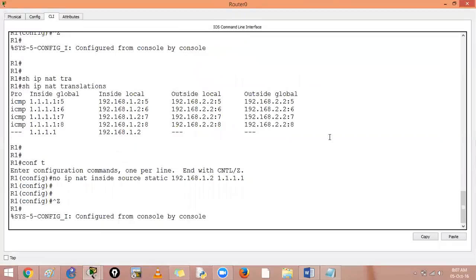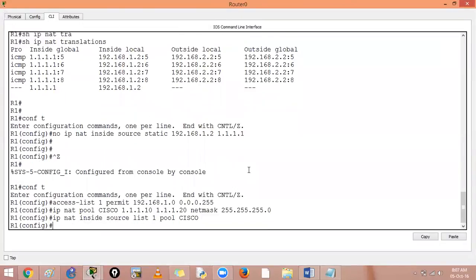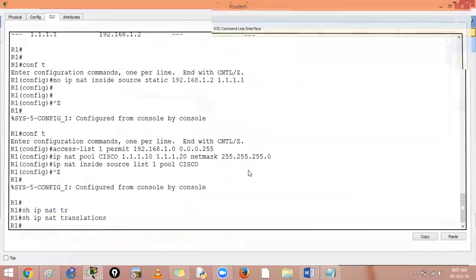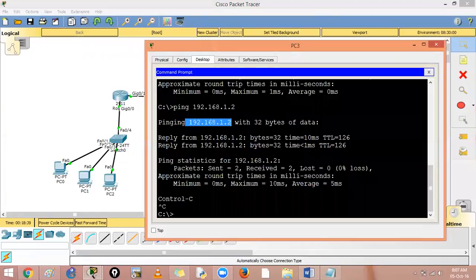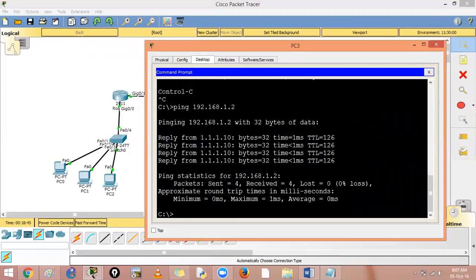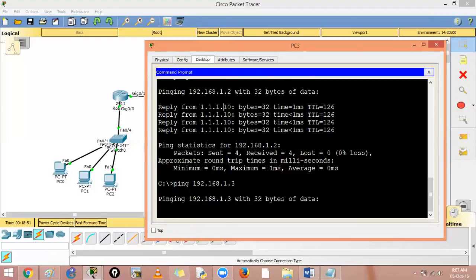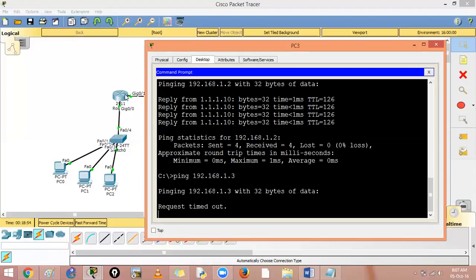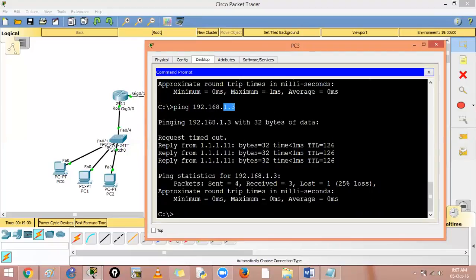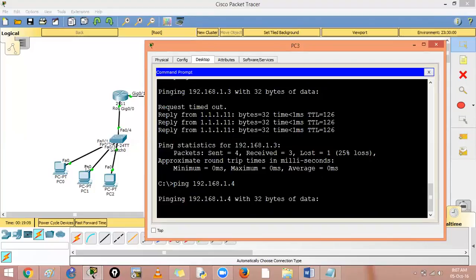Let's go in here and paste them over here. Show IP NAT translations. As of now, there is no translation happening. Let us go here now. If I ping 1.2, see who gives me a reply. 192.168.1.10 gives me a reply. If I ping 1.3, 1.11 must give a reply. NATing takes a little more time. Once a NAT is done, it is cached. No worries. So if I ping 1.2, I get a reply from 1.10. If I ping 1.3, I get a reply from 1.11. This should be in round robin fashion. All of these people will be given public addresses.